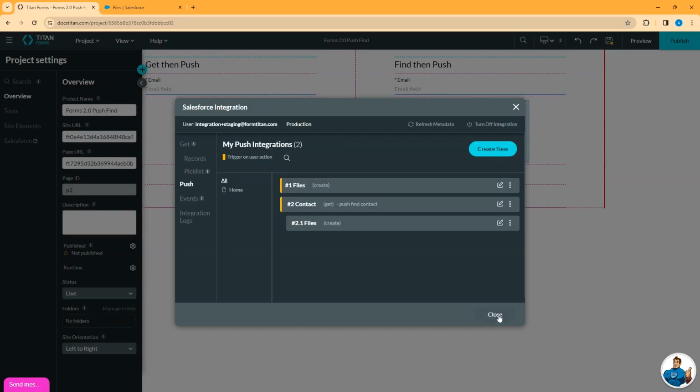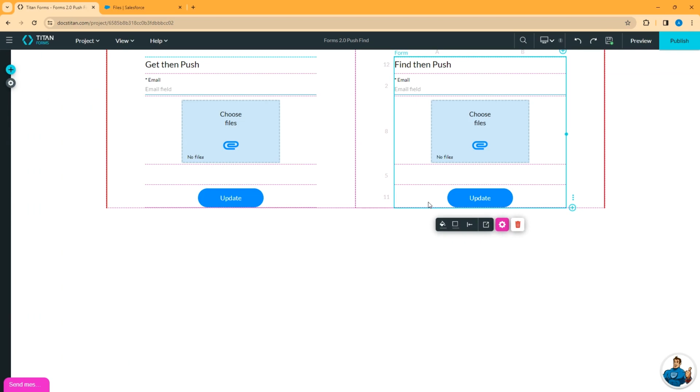This way, when I press this update button, Titan will locate a record associated with the email that I create, add the file, but all without returning any information to the browser to be stored in a variable. So let's see how that works. If I go ahead and click preview,